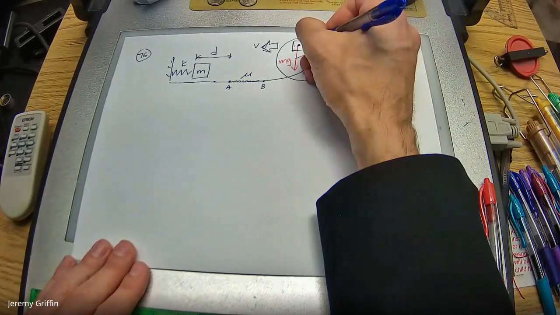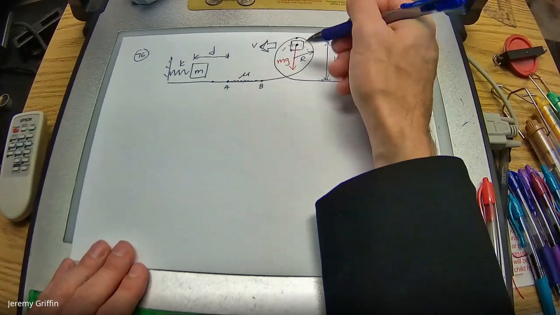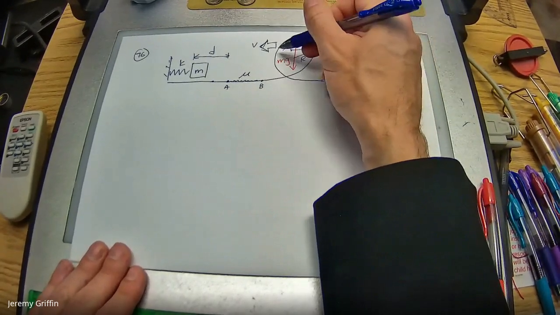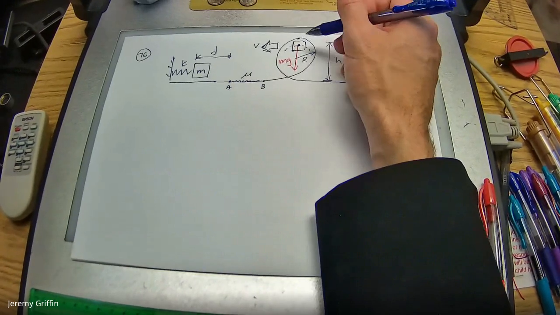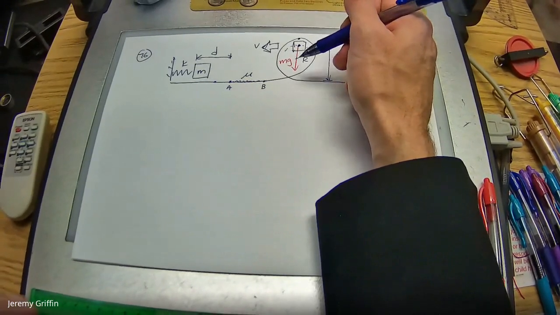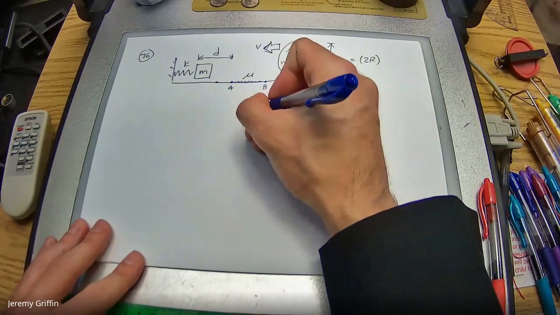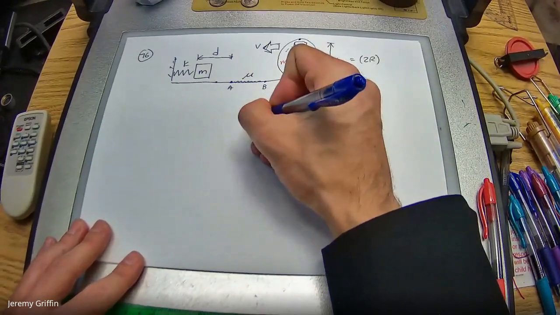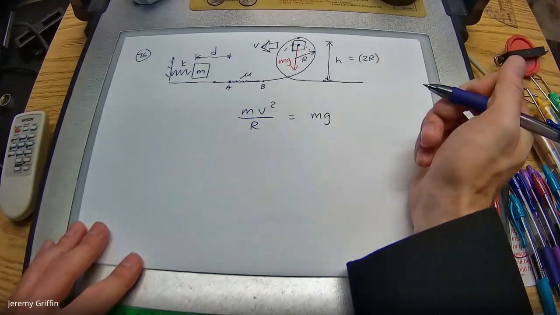Now, back to something that you guys are familiar with. This block swinging around here, and the only force that's keeping it on this curved path happens to be its weight at that particular instant. The normal force approaches zero at that point for this setup. Wouldn't you say that the centripetal force is being provided by its weight? You guys would say that, right?